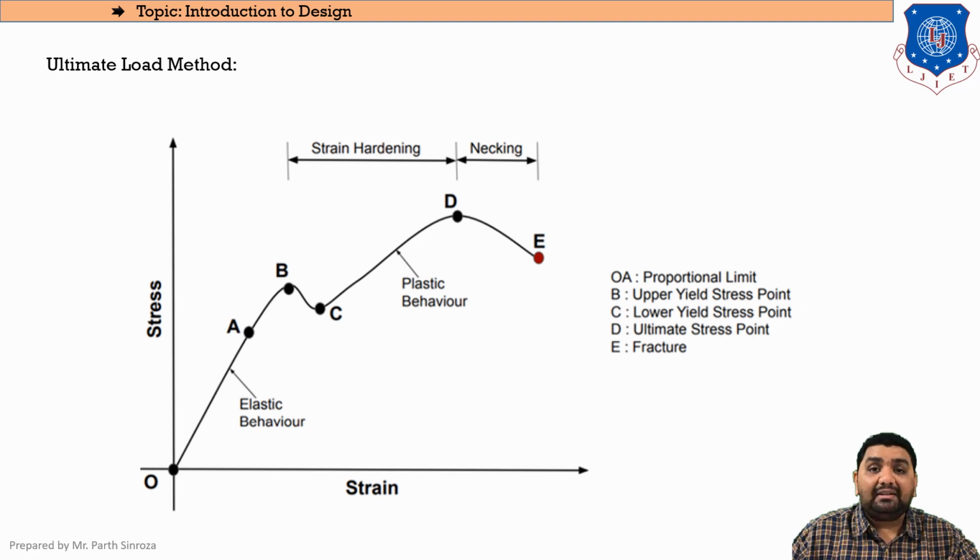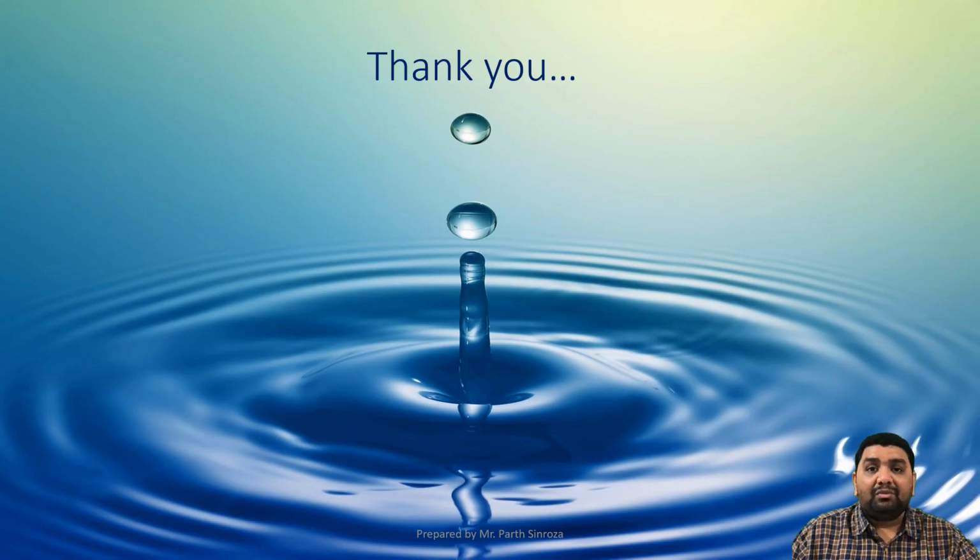Okay? So this design, that is the ultimate load method, is only used if we want structures where cracking is not allowed. Cracking is not allowed in structures such as dams, nuclear plants, etc. So the design of special structures can be done using this method, that is the ultimate load method. For residential buildings, this method can be useful, but it will be very costly. So we will not prefer it for residential, commercial, normal buildings or industrial buildings; we always use the limit state method. Yeah? So this was our introductory portion, and from the next session onwards, we'll be starting with our